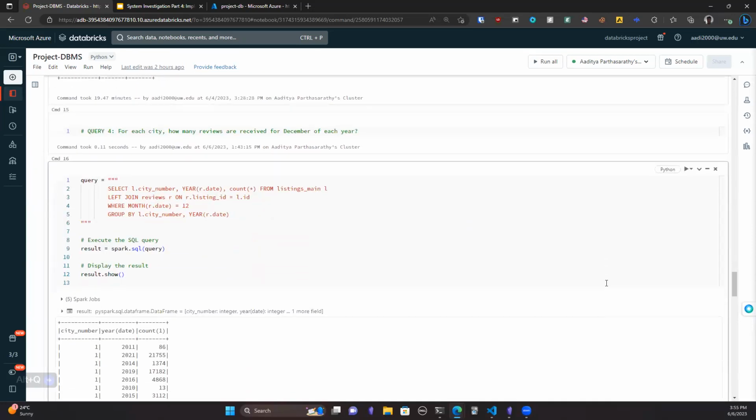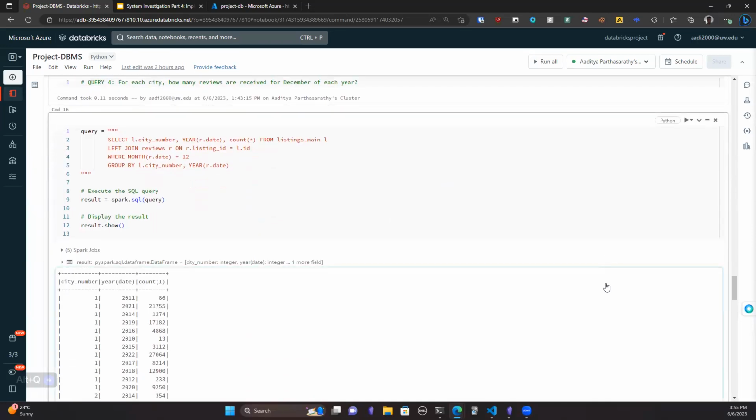Coming to the next query, we focused on determining the number of reviews received for the month of December in each year, categorized by city. To obtain this information, we followed a step-by-step process again. First, we selected the city number, year, and count of reviews as the desired output. We utilized a join operation combining the listing main table with the reviews table using the listing ID as the joining